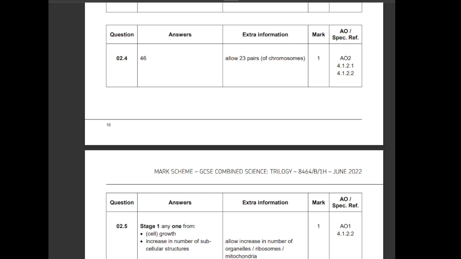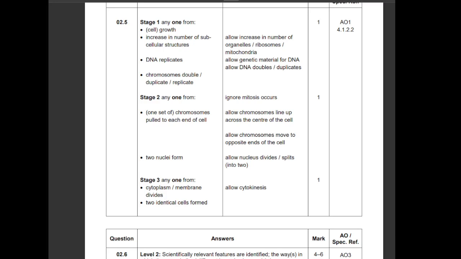And 2.5, the stages. So any one from: cell growth or increase in number of subcellular structures, DNA replicates, chromosome number increases. In stage 2, one set of chromosomes is pulled to each end, or you can say 2 nuclei form. And stage 3, as you can see, they have allowed cytokinesis, or you could say 2 identical cells are formed, or the cytoplasm, which we didn't actually mention. And question 2.6,